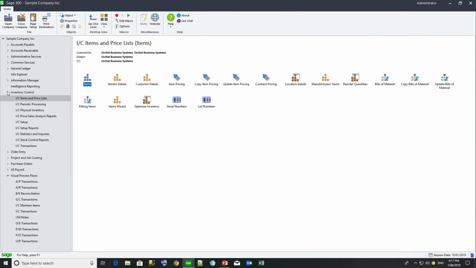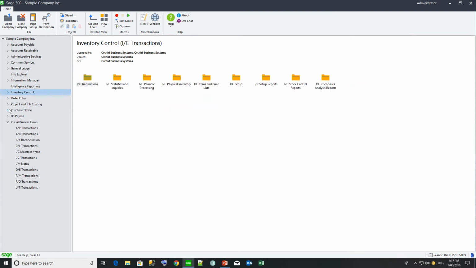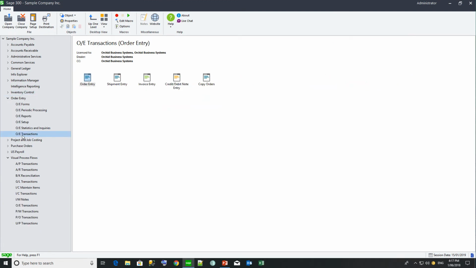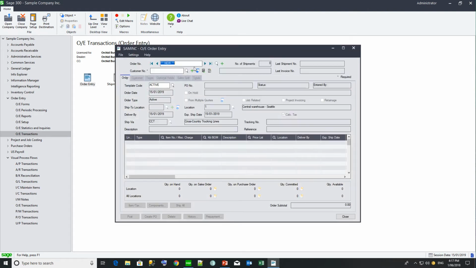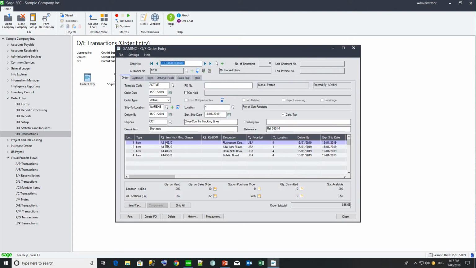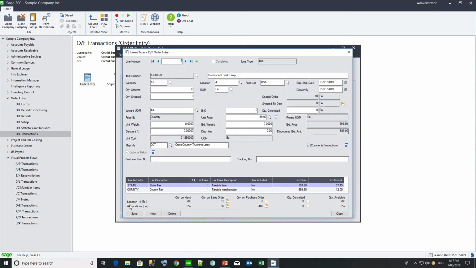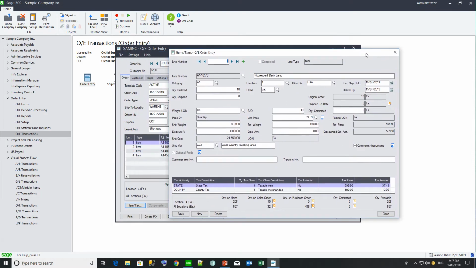We also want to display those item notes in the order entry screen, both on the F9 detail zoom and when the item is visible in the order entry detail grid. So when we see the item number in the detail grid, we want those notes to appear, and when we go to the item tax or zoom screen, we want those notes to appear. So using our options,